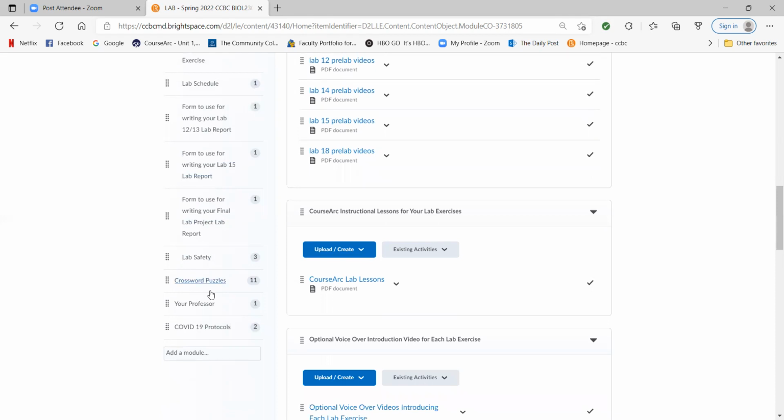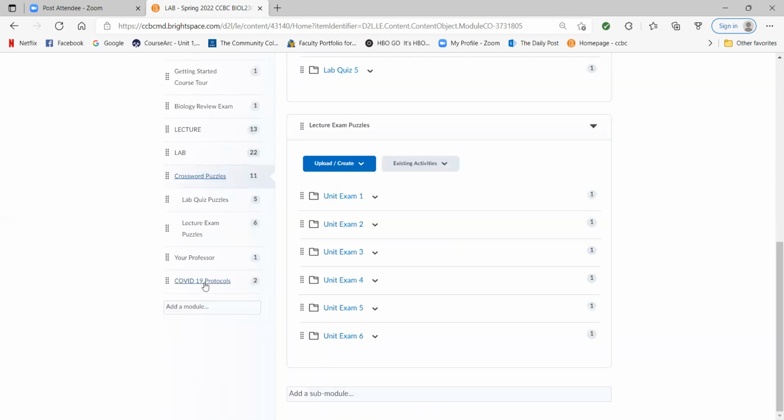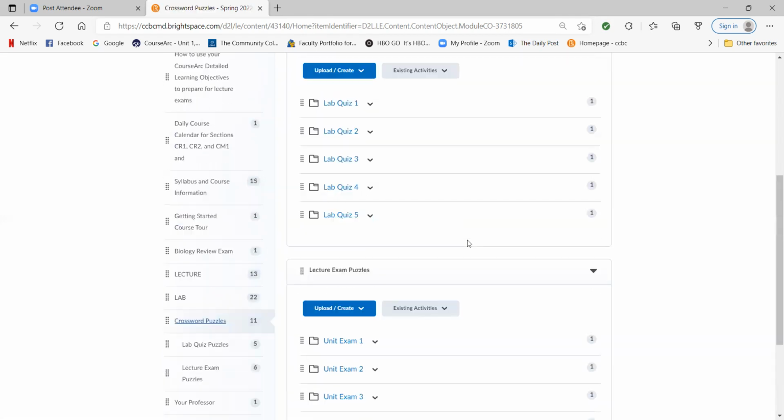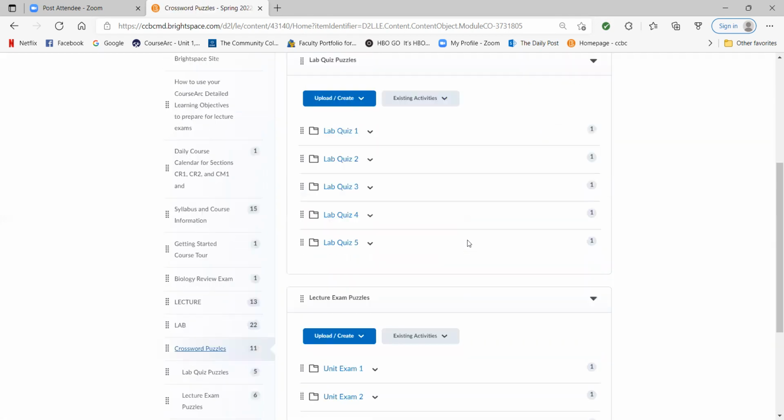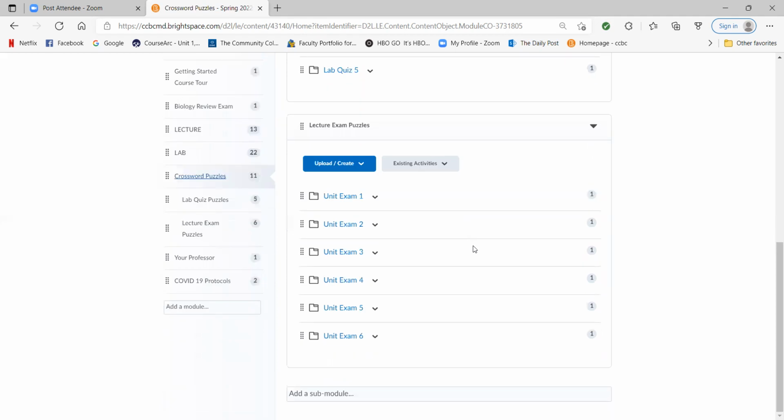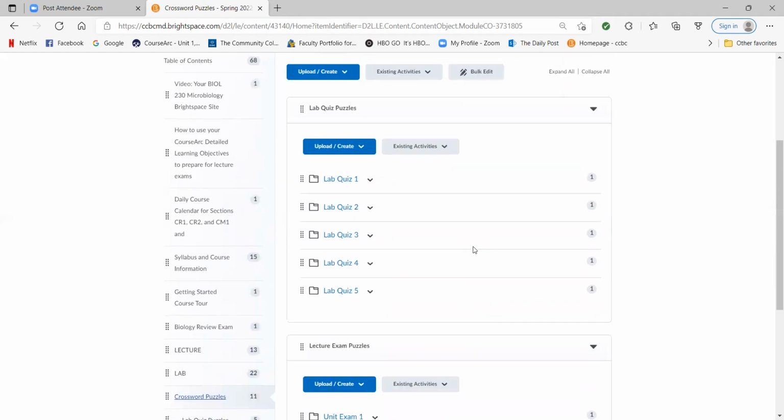One of only 2 extra credit things in the course are optional crossword puzzles. And that's the next thing that's under our table of contents, the crossword puzzles. These are to help you learn vocabulary. So I have an optional crossword puzzle that's extra credit for each lab quiz and for each of our lecture exams units. So for example, if you want to submit an extra credit crossword puzzle for lab quiz 1,